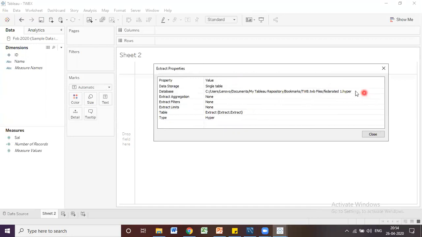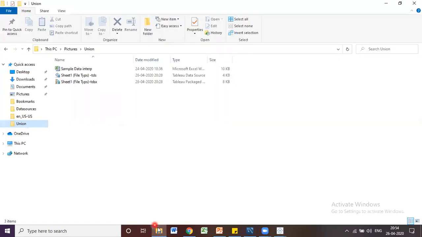You can see this is the path: Documents, My Tableau Repository, Bookmarks, and a .hyper file. So it is saved in this location. Let's copy this location. Let's go here, My Documents. Now let's click here.